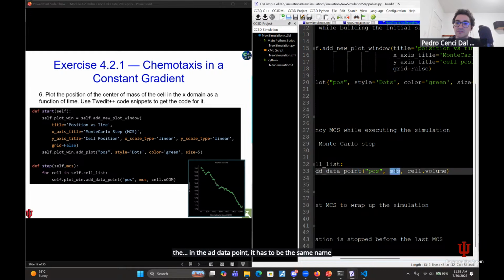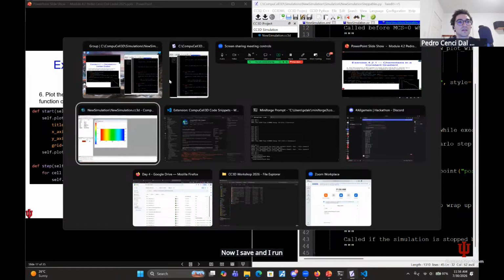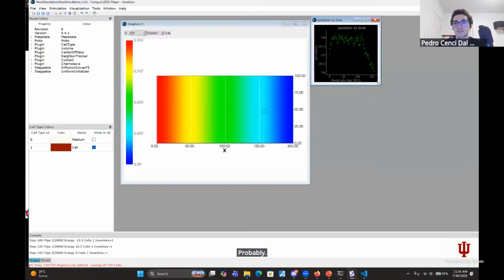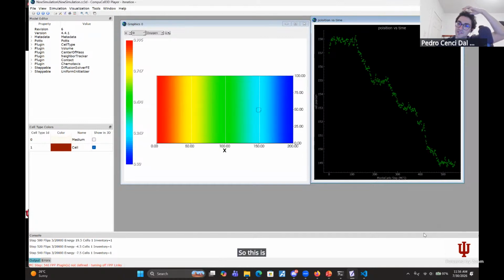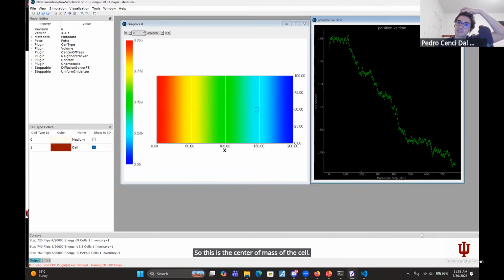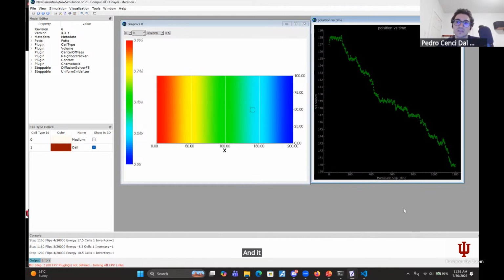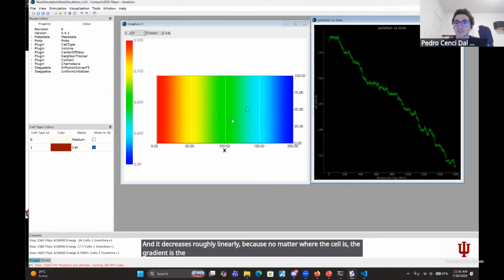And as arguments I'm giving time, MCS, and I'm going to give the cell center of mass. So cell.com. Now I save and I run, and a plot will show up. Probably. Yeah, there we go. So this is the center of mass of the cell, and it is decreasing as the cell moves to the left. And it decreases roughly linearly, because no matter where the cell is, the gradient is the same to the left and same